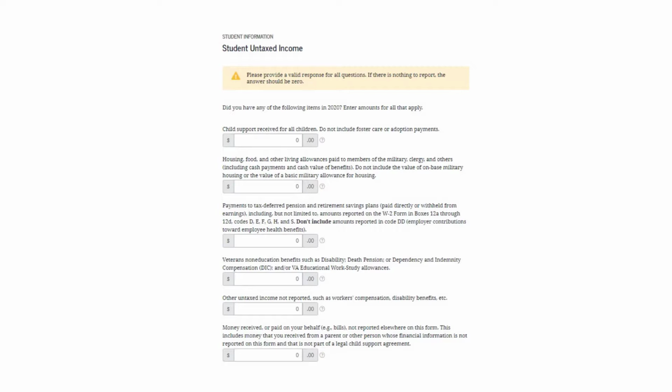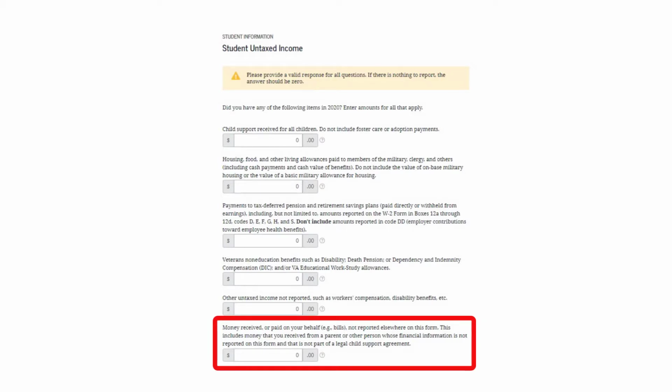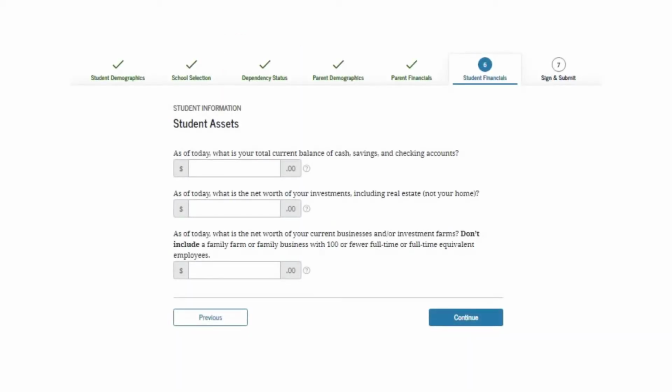One question that appears for the student that is not asked of the parent is the last question on this page. Money received or paid on your behalf, not reported elsewhere on this form. If the student received money or had bills paid on their behalf, including money received from a parent or other person whose financial information is not listed on the FAFSA, it must be included here. Finally, the student must complete asset information.